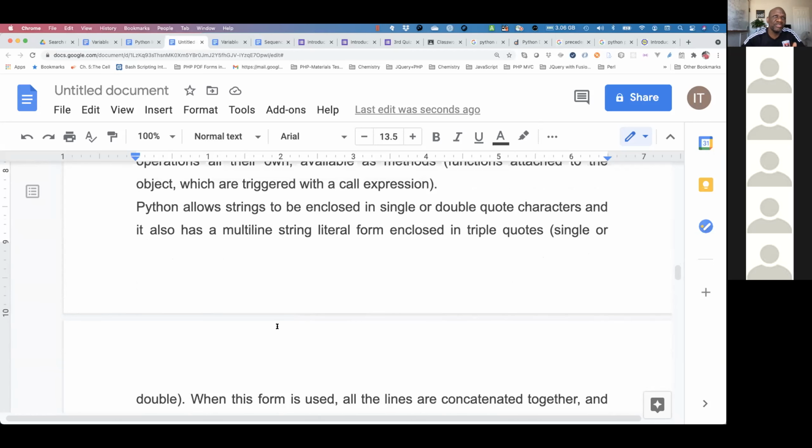Now, Python allows strings to be enclosed in either single or double quotes. You can use either. Remember, like Monica said, if you write the phrase, I don't want that, and you put it in a single quote string, you put an apostrophe in the word don't, you probably want to escape that apostrophe. Otherwise, you can use double quotes, and then you don't have to worry about escaping it. So whether you use single or double quotes doesn't matter, but you have to be very aware of that apostrophe in case it exists in there.